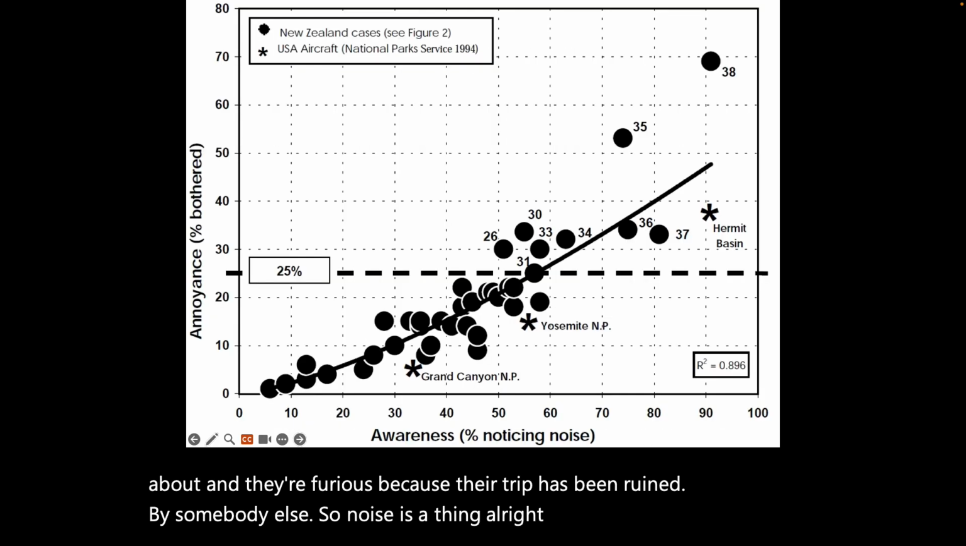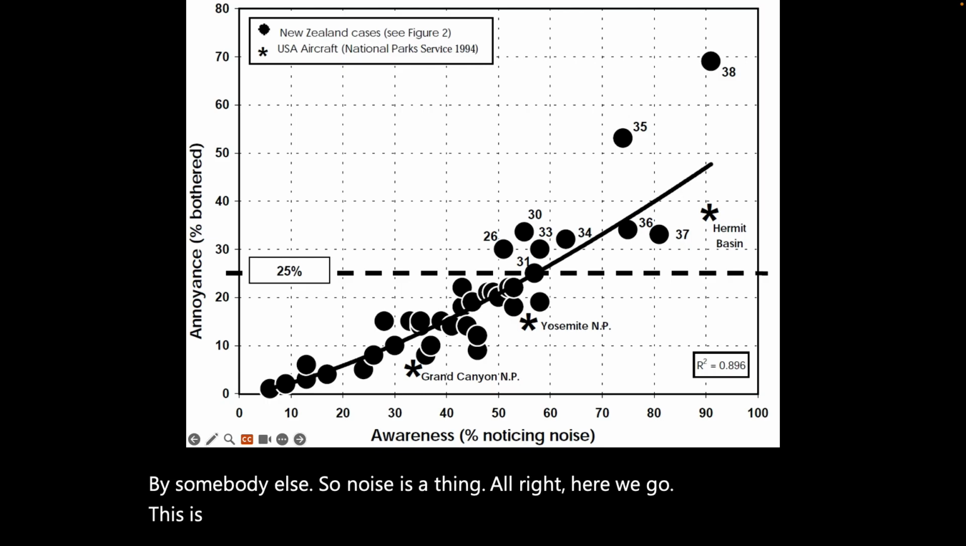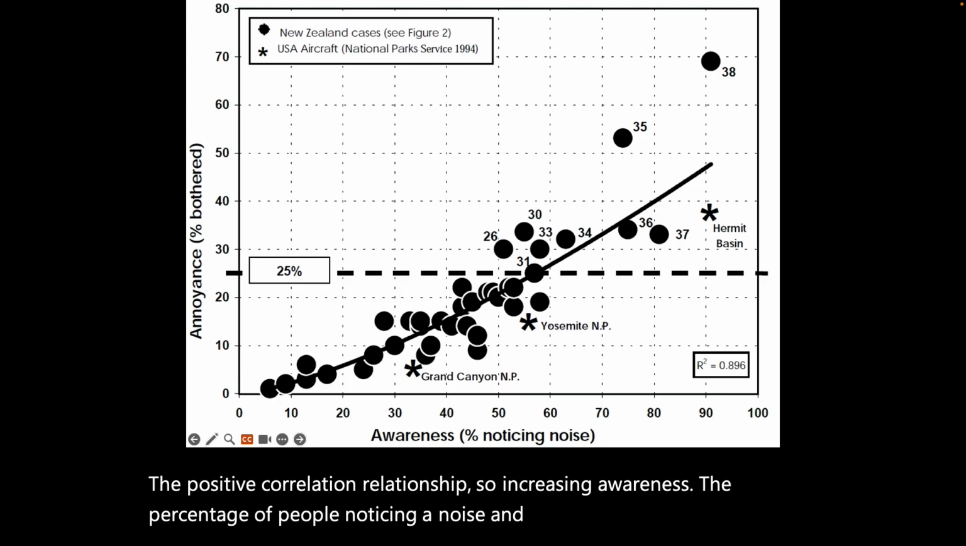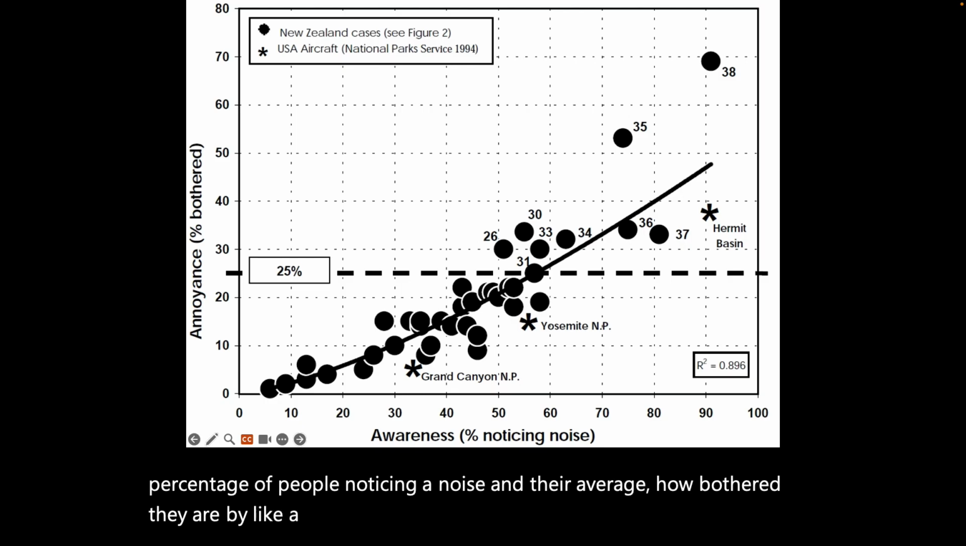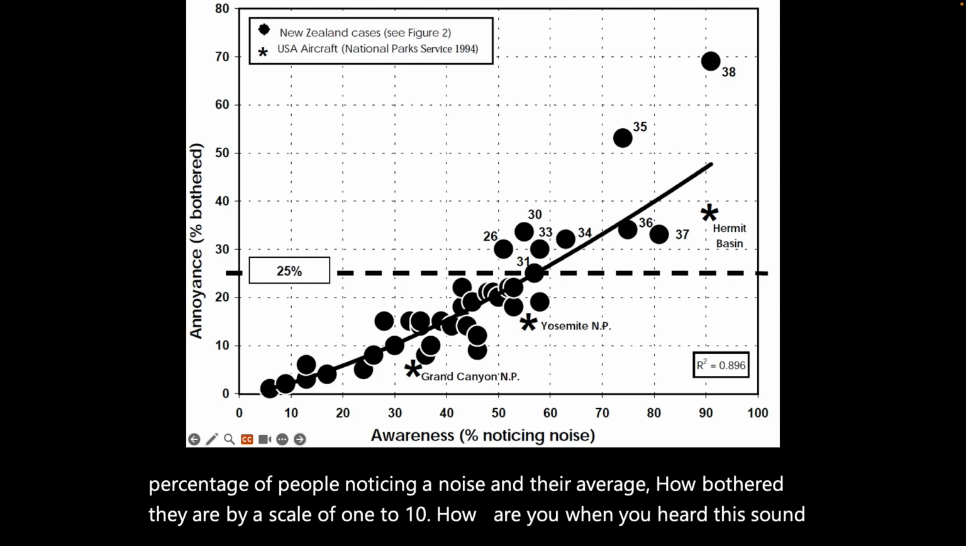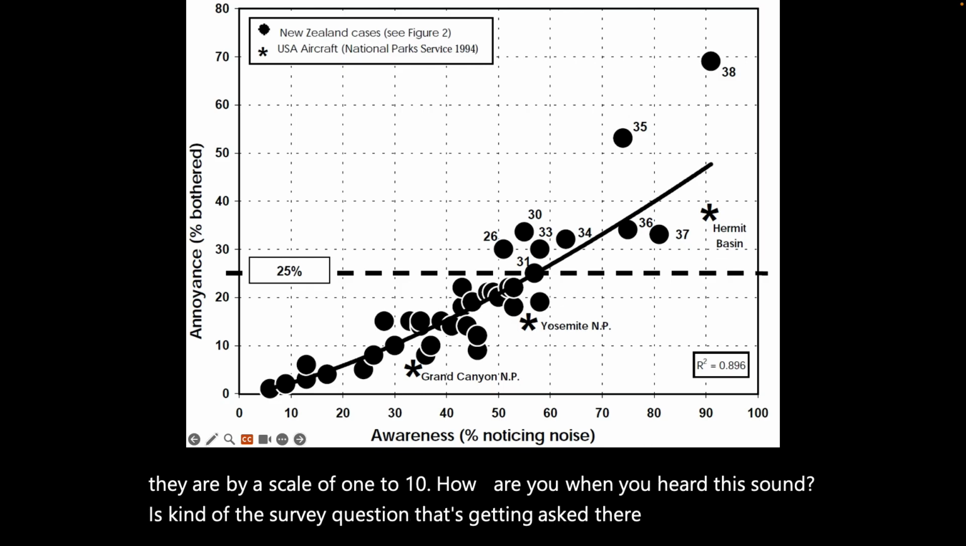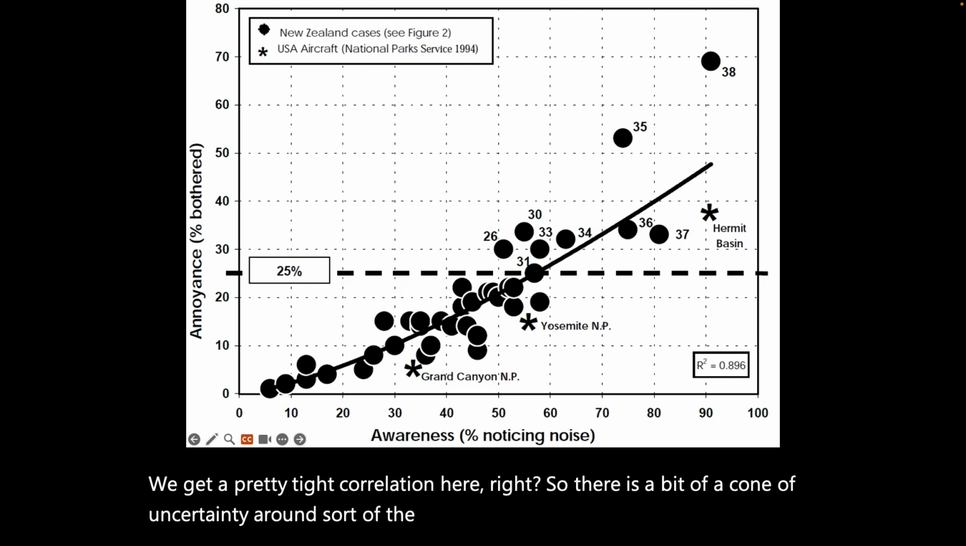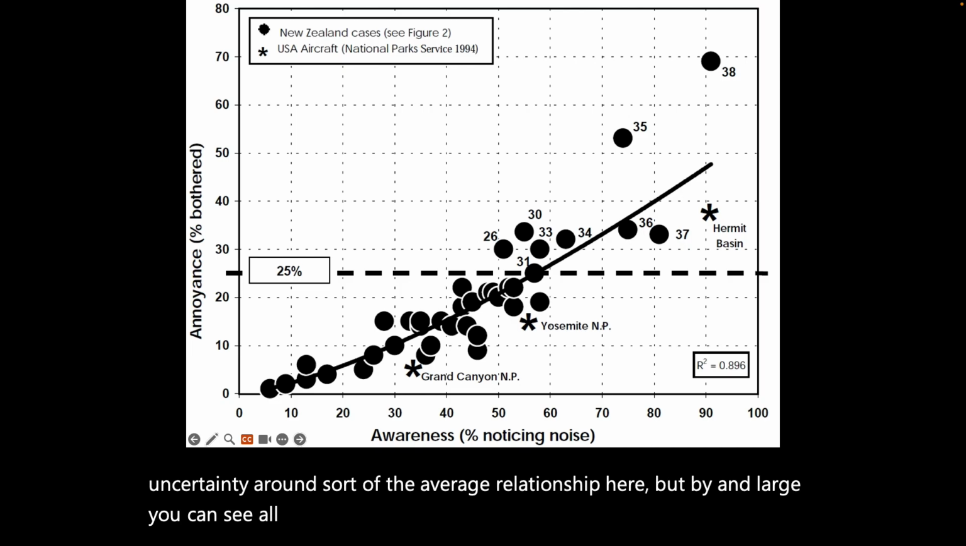All right, here we go. This is a map of the positive correlation relationship. So, increasing awareness, the percentage of people noticing a noise, and their average, how bothered they are by it, like a scale of 1 to 10, how pissed off were you when you heard this sound, is kind of the survey question that's getting asked there. We get a pretty tight correlation there, right? So there's a bit of a cone of uncertainty around the average relationship here. But by and large, you can see all that point cloud is kind of strung out along that line. That's a pretty strong